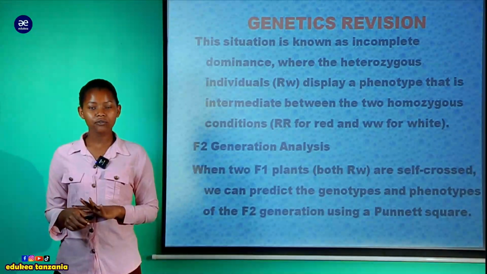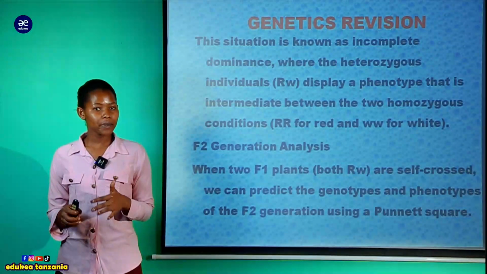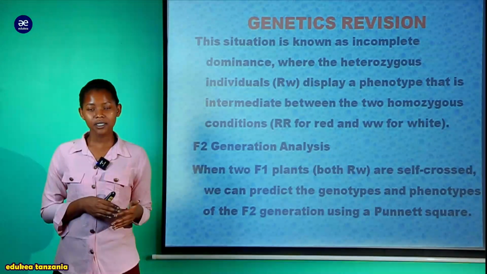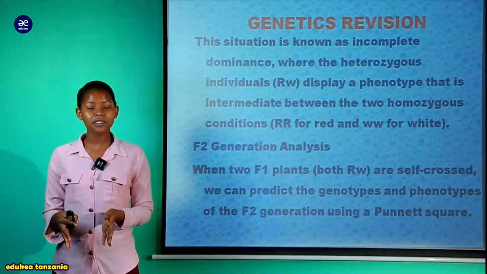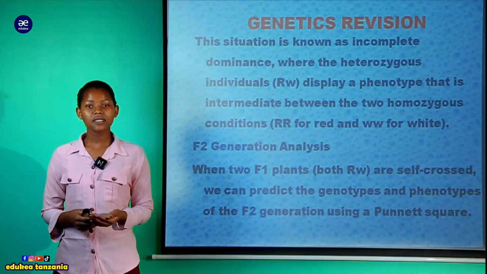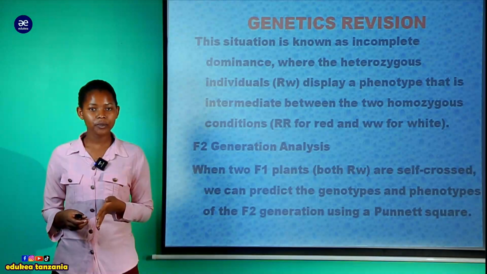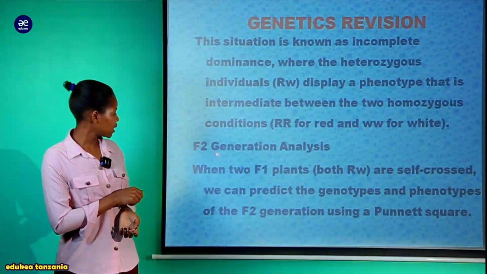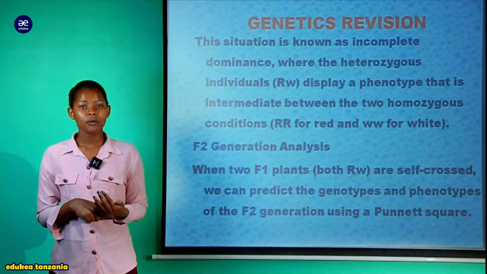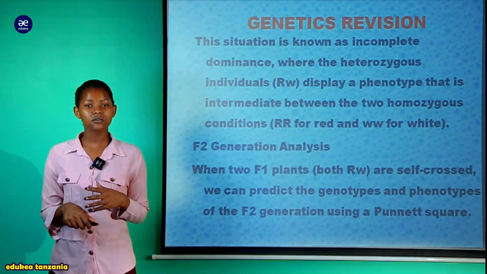That is all about the F1 generation. Kwa hiyo tutapata offsprings ambao ni red in color, red na white itakuwa itapata trait ambao ni intermediate between them. And that displays the incomplete dominance. And then now tuenda kuangalia F2 generation analysis, because here we are going to look at the reasons for the